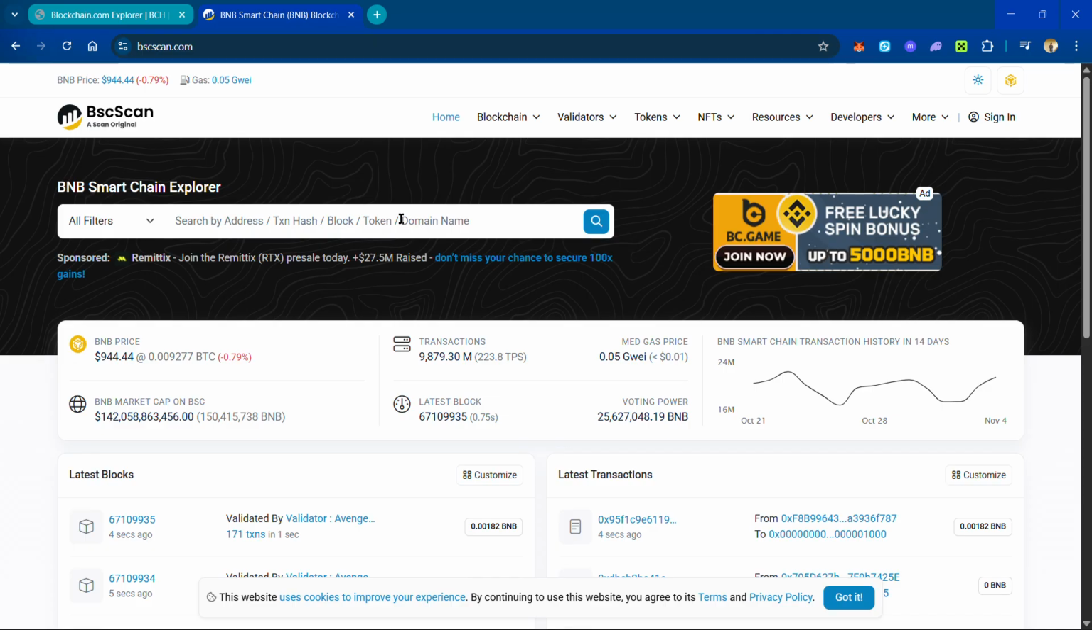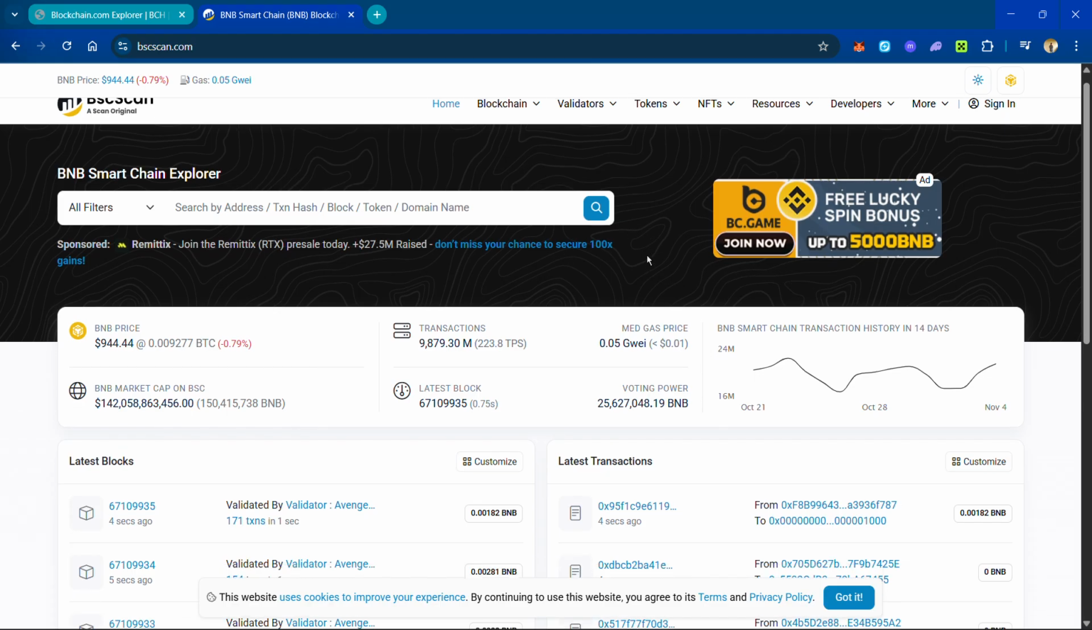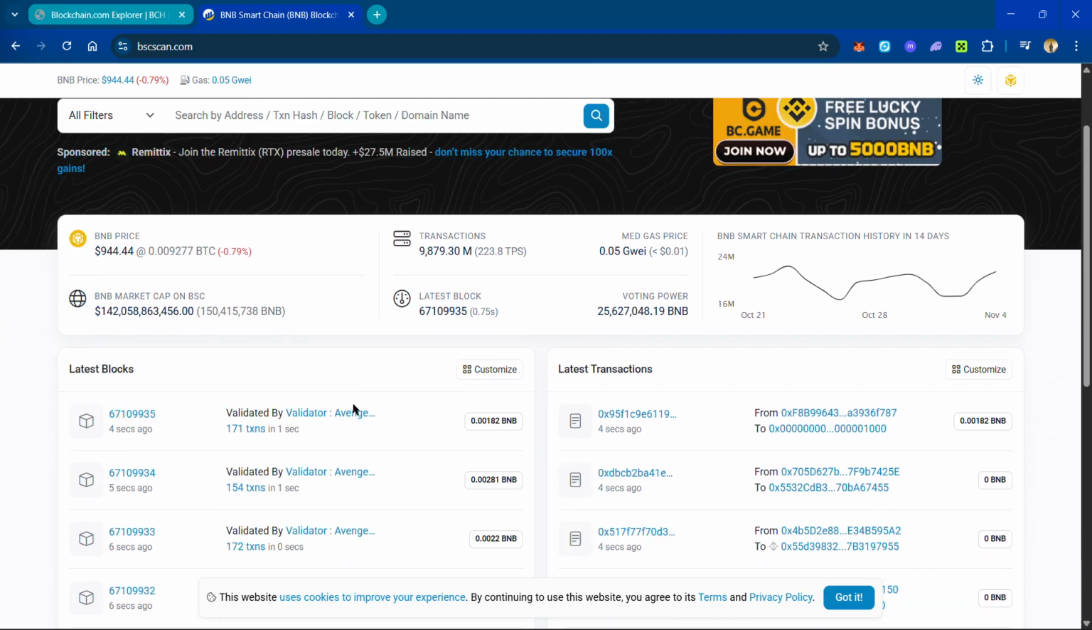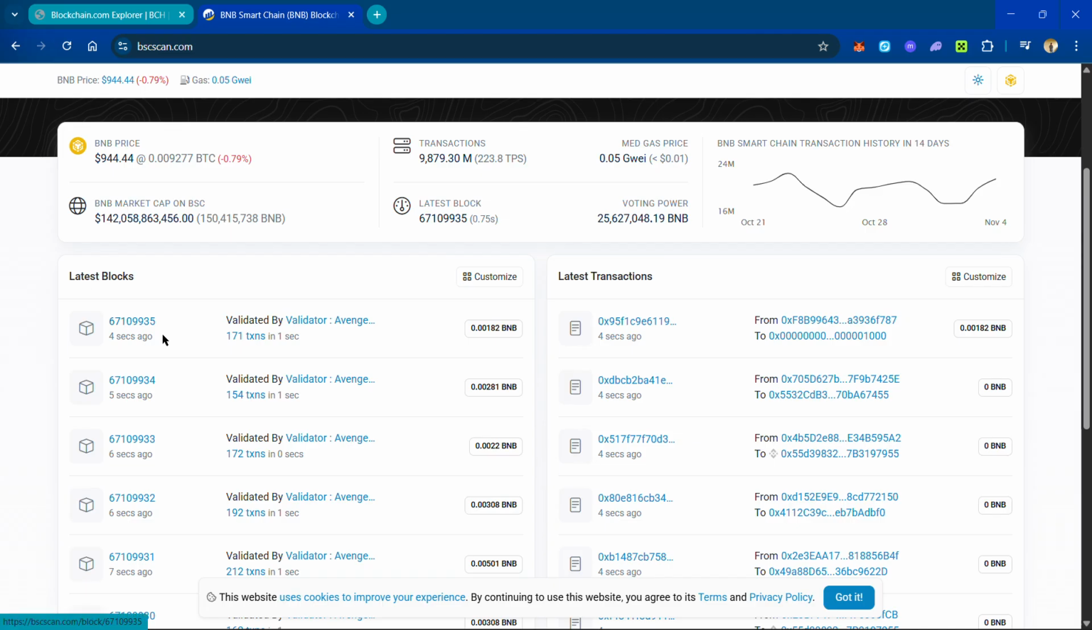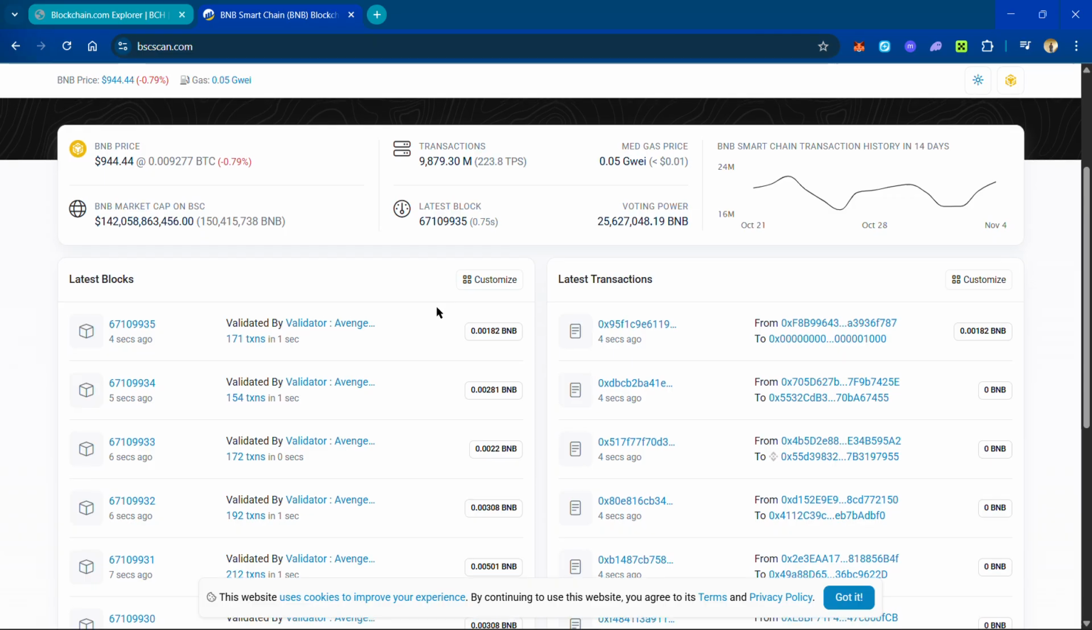Domain names are something web developers or backend developers know how they work. So you can just search a certain domain name and it appears on the blockchain. Understand? Now, here's the latest block and it has 171 transactions in 1 second. But before we get there,